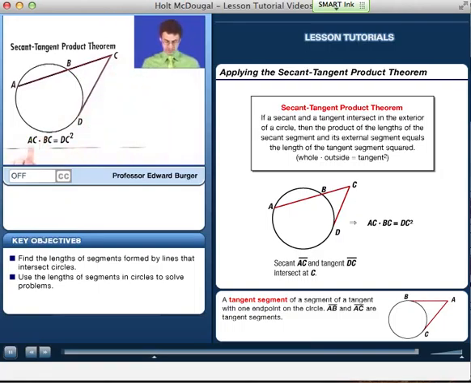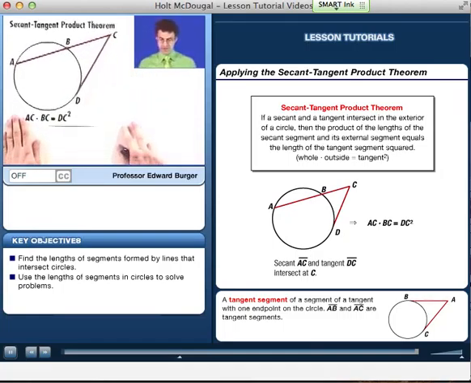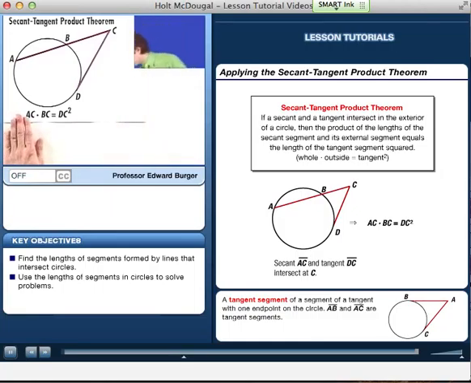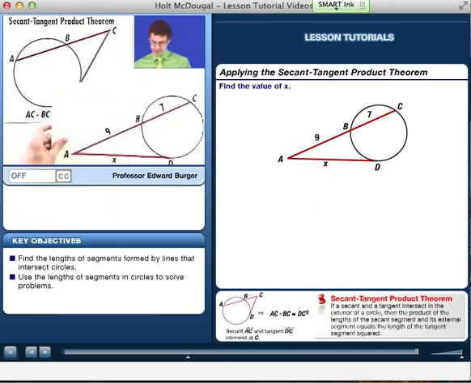So what's the result? The result is what you might guess, which is that AC, this entire length, multiplied by BC, is going to equal this length squared. So this length multiplied by itself, which is what you might have guessed if you thought about it a little bit. Let's take a look at an example